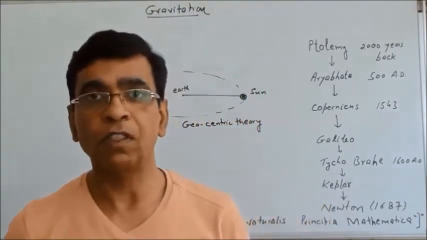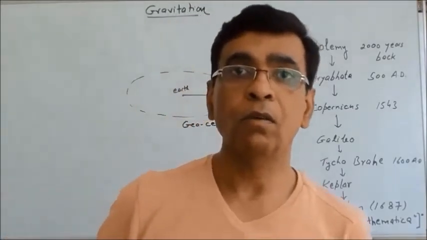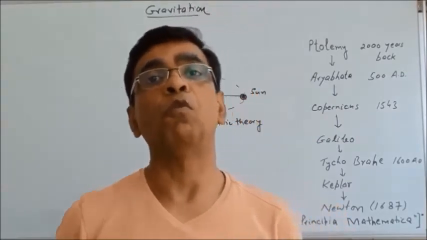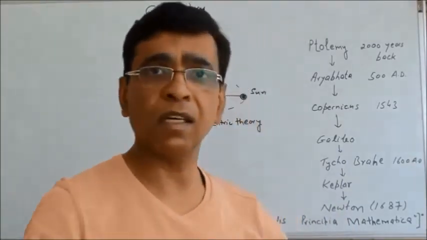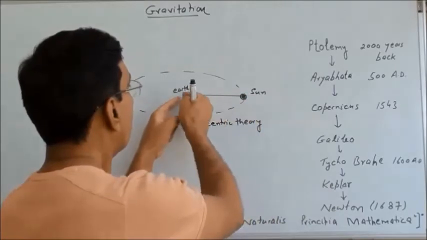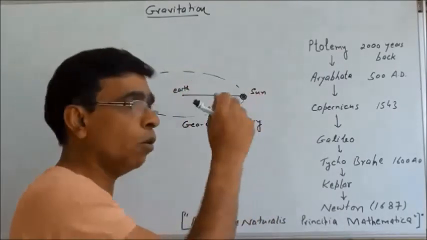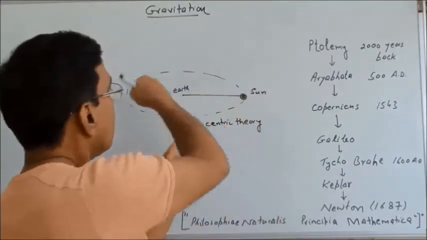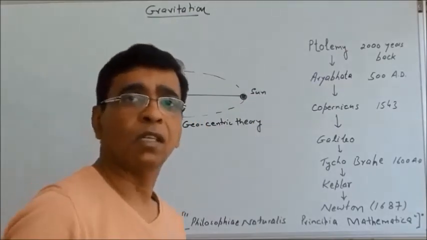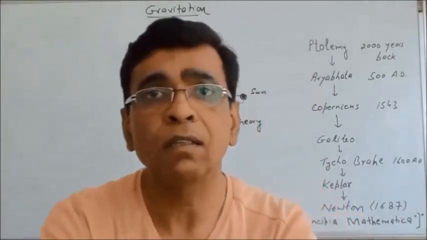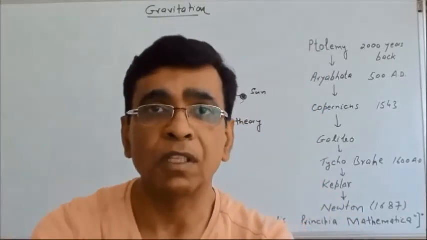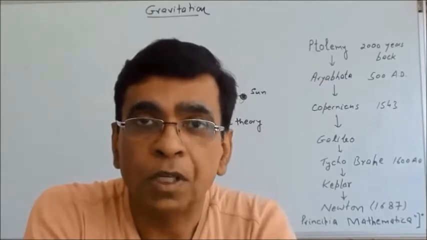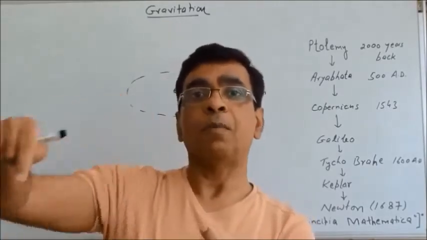The earliest view of this force was that Earth pulls the Sun towards itself, and it is because of this pull that the Sun keeps on moving around the Earth. It is just like an object on one end of a string: if I keep rotating it by holding the string from the other end, the object keeps moving on a circular path. The Sun rises in the east and sets in the west, and the next day again it comes from the east and then goes towards the west. So it was thought that Earth is pulling it towards itself, and because of this pull it keeps on moving